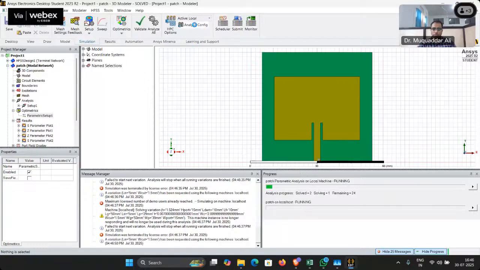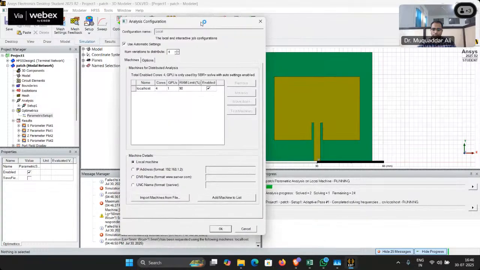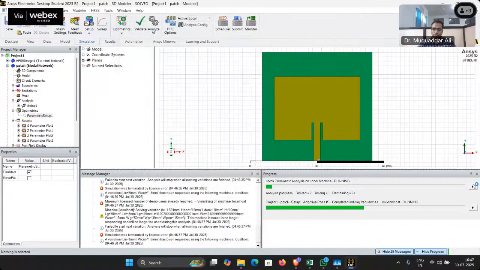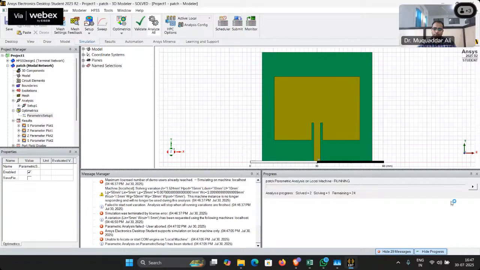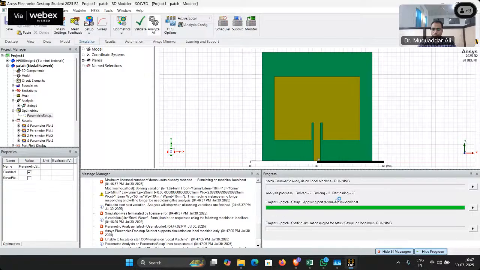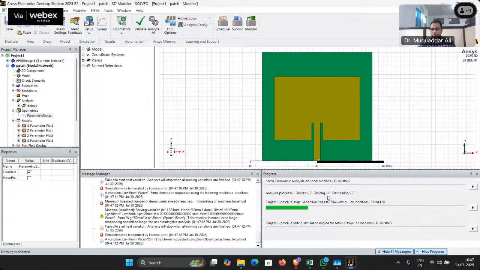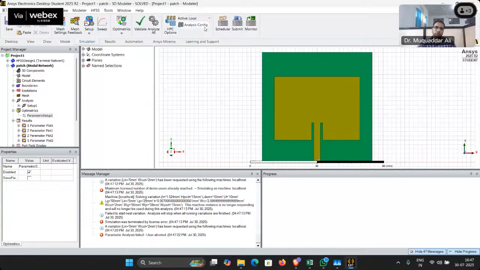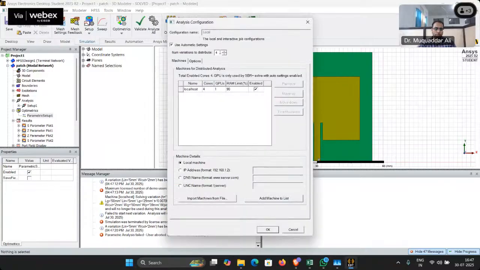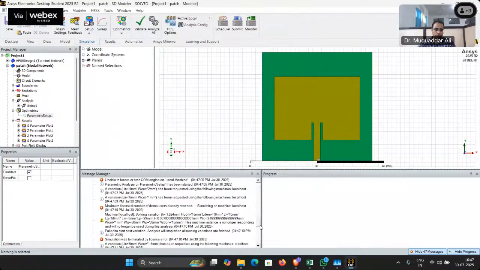I think there is some error. It is solving 3 runs, 2 runs, 1. Okay, so in this HPC, we can distribute our parametric variations, and I'm getting that it is only solving one because